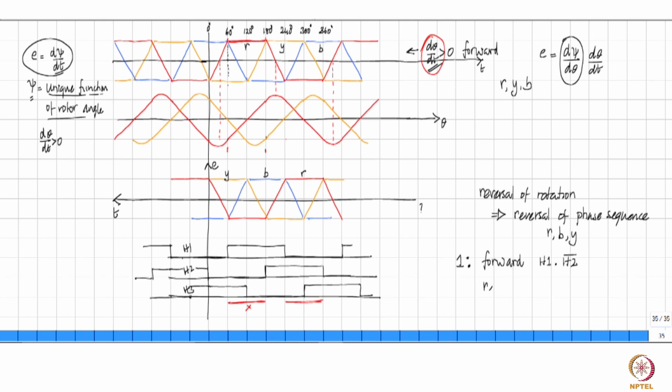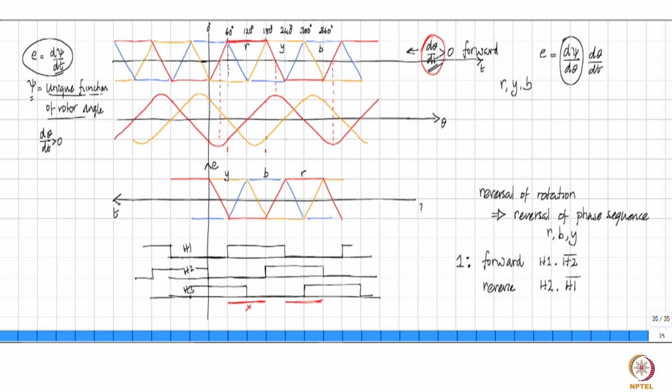Whereas if you now want to reverse it, what we need to do is H2 and H1 bar. Right? So for reversing direction of rotation, the signal to be generated using the Hall switch outputs has to be